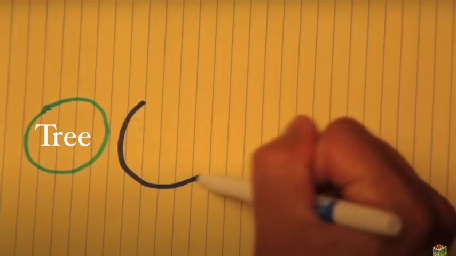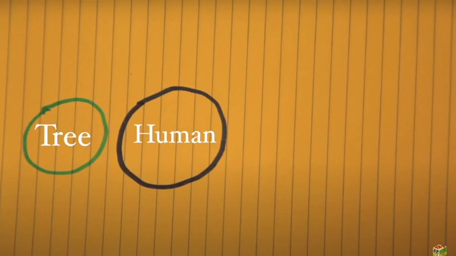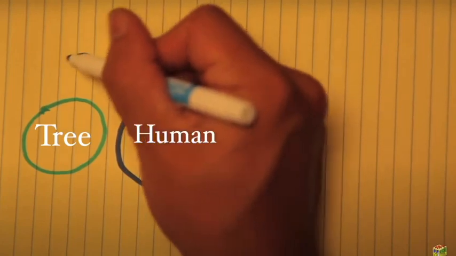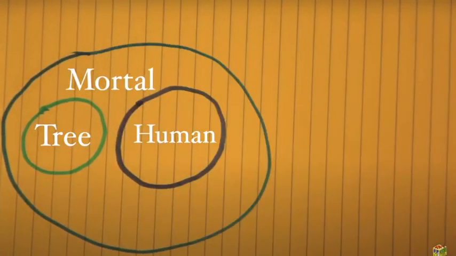You also have another word, human, which defines this abstract category which all people who have existed and will exist belong to. What's important to see here is that the human category and the tree category don't contain any shared stuff. There are no human trees. But abstract categories can contain each other. For example, mortality contains both trees and humans. So these are the categories which Aristotle describes as secondary substances. And often when we are making statements about the world, we are actually just expressing connections between categories.